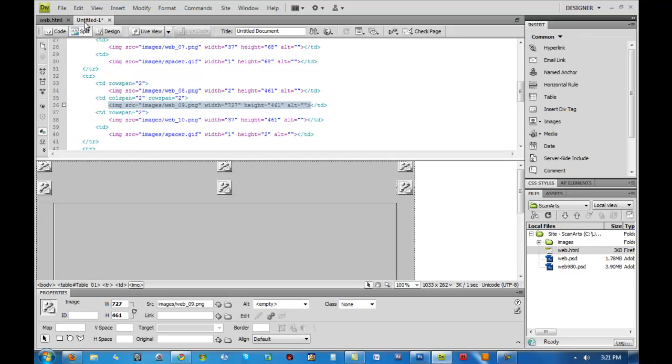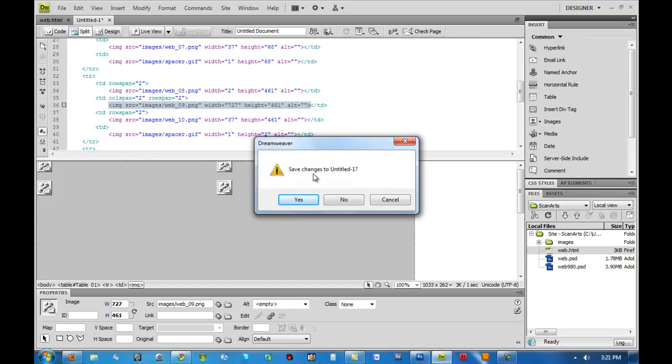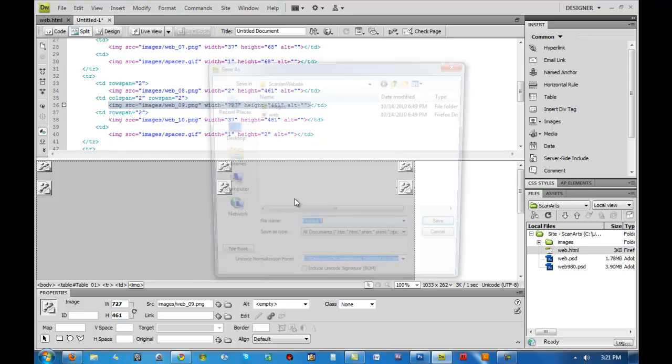We can go right up here to the globe, make sure that the globe is there, and this is our preview button. When you click it, you can preview in Firefox, Internet Explorer, or Device Central, depending on what computer you're using. If you're using a Mac, it would say preview in Firefox, preview in Safari. So it utilizes the different internet browsers that you have. I want to click preview in Firefox, save changes. Yes, we want to save